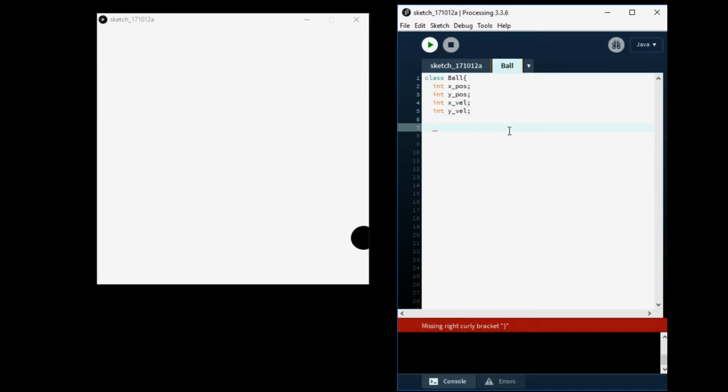Don't worry too much about the vocabulary sounding weird right now. It's just going to keep sounding weird for a while. All right, what I'm doing right now is starting an instance of a ball. And this is going to look just like a function from before. We're going to have parameters that will be inputs whenever we create a ball object. And so this ball object, when we create one, will expect 2 integers. And we're using temp there because we're just going to temporarily store the value